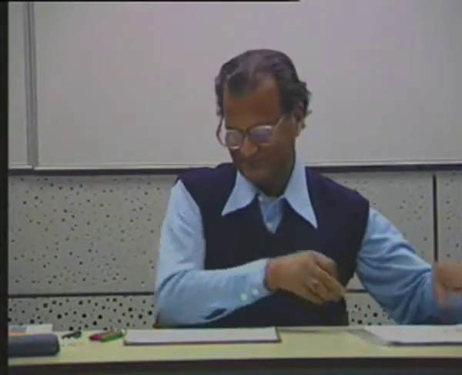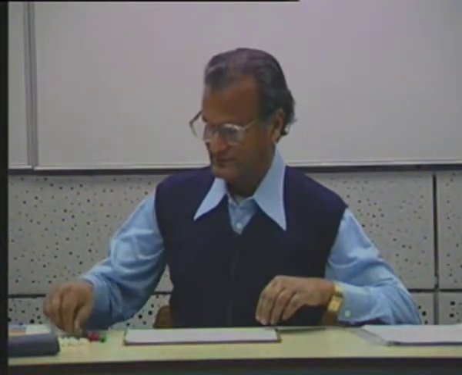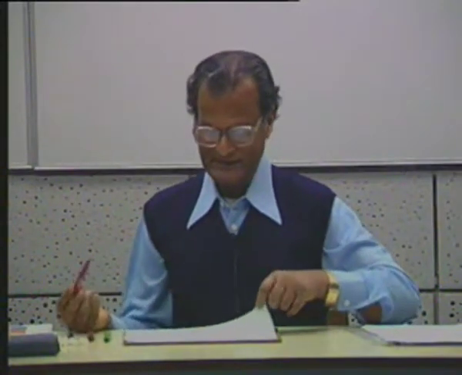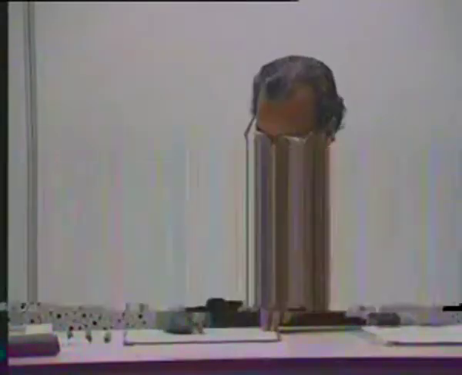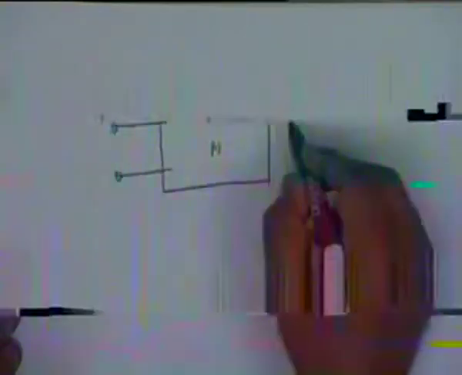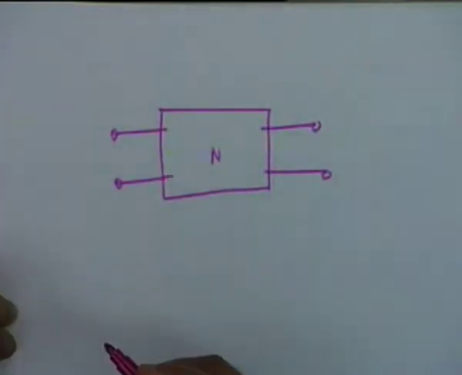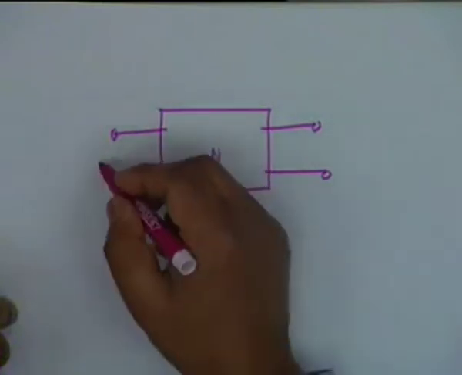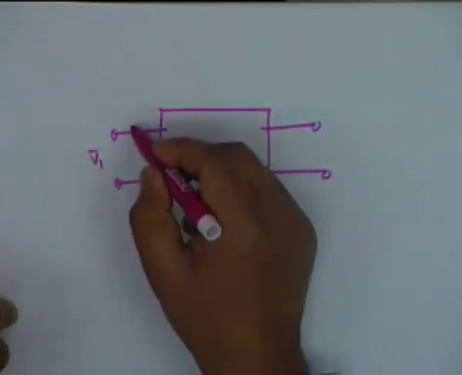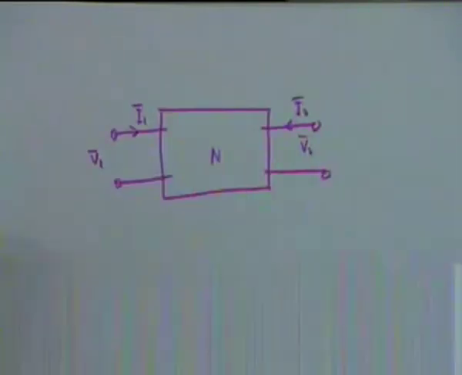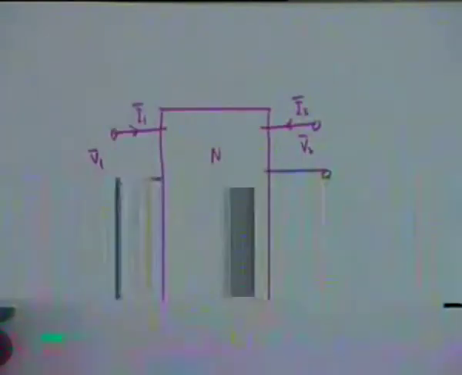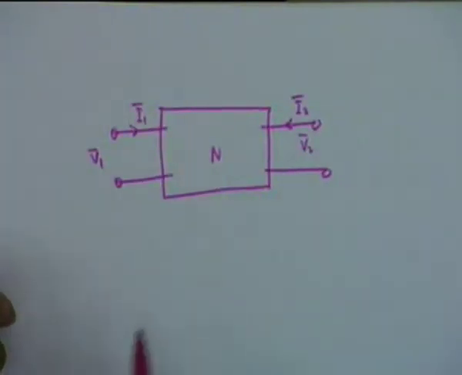24th lecture on two-port networks. As I had discussed yesterday, a two-port network is one which has two ports, as simple as that. And for sinusoidal excitation, we take the phasor quantities V1, I1, V2, I2, and as already mentioned, two of these variables can be independent, the other two are then dependent, and there are 6 ways of expressing these relationships.